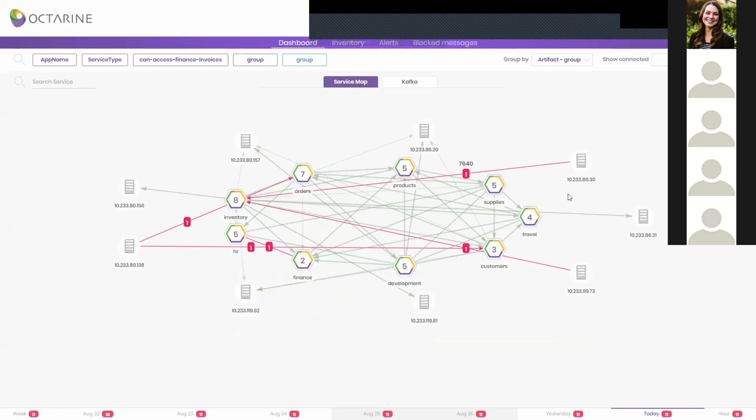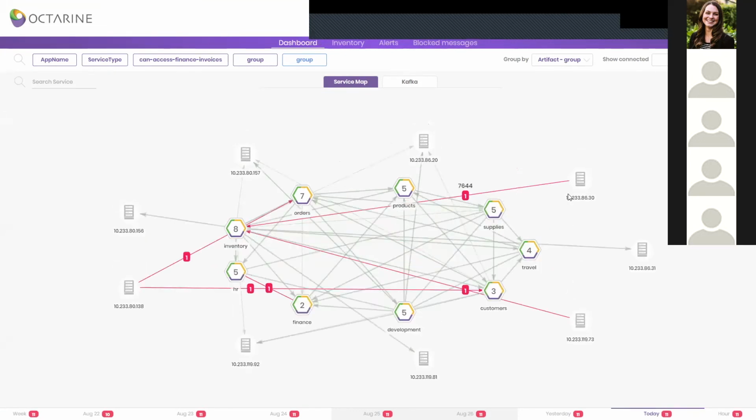We have here a Kubernetes cluster that we've deployed in AWS. It's running about 50 different deployments. We aggregated them to applications based on labels that are attached to those deployments. And we use the information we get from Envoy to build this map of service-to-service communication.